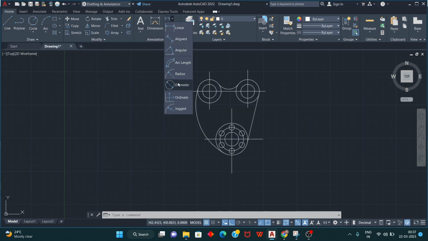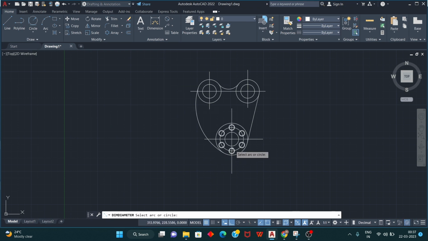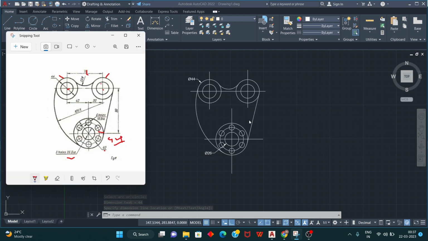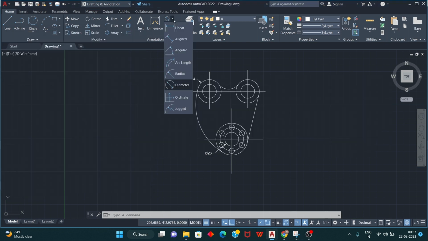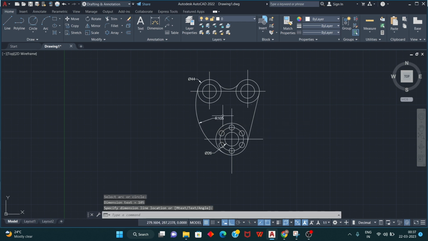We can take the diameter. So you can give the diameter for this. Then again the diameter for this. And then again 105 radius. Then select the radius. For this curve, it is 105. Then again radius. For this curve, it is 23. And then again